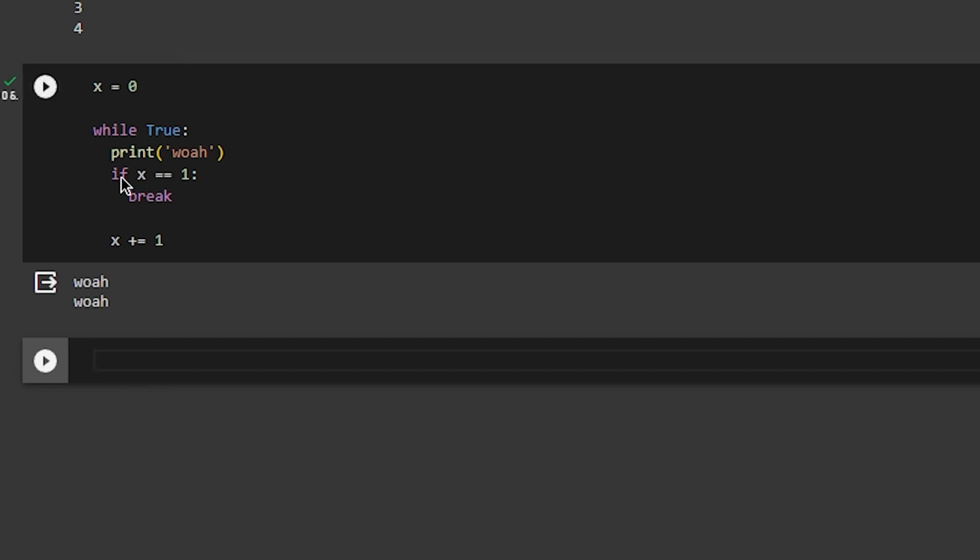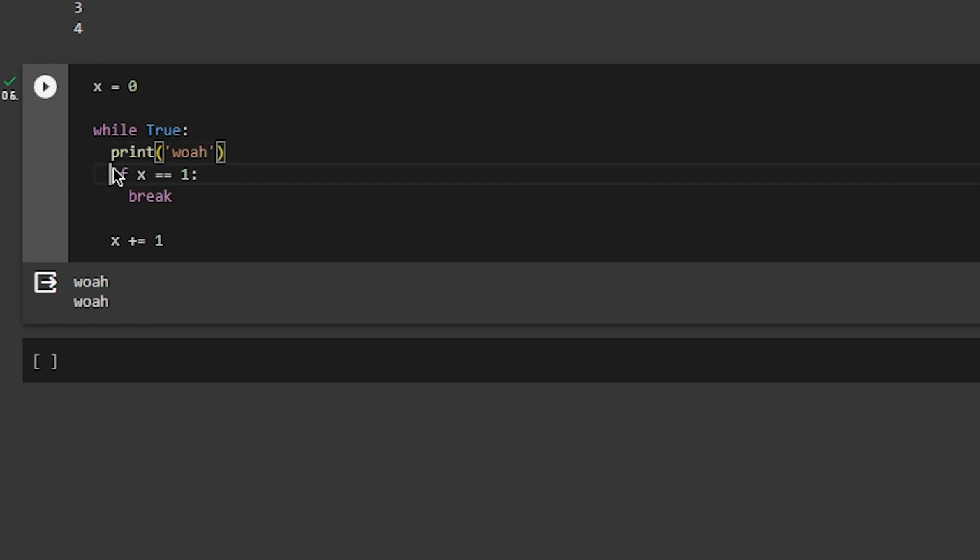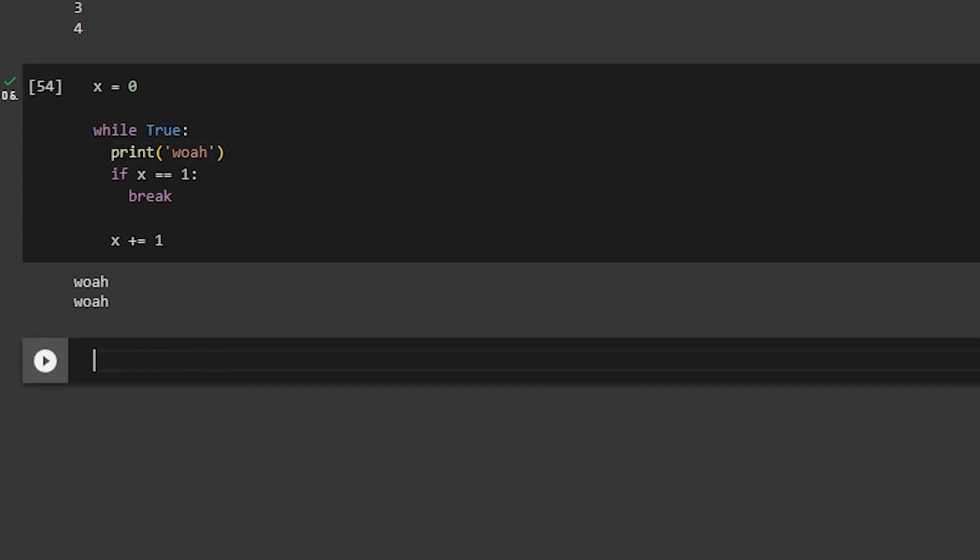So the first time it prints wow, the value of x is not equal to 1, so break is not called, then x becomes 1. But when you go back into the loop, the first thing that you do is print wow. And then, after printing wow for the second time, the if x equals 1 condition is checked. So the break happens after the second print. Really interesting stuff. Okay,